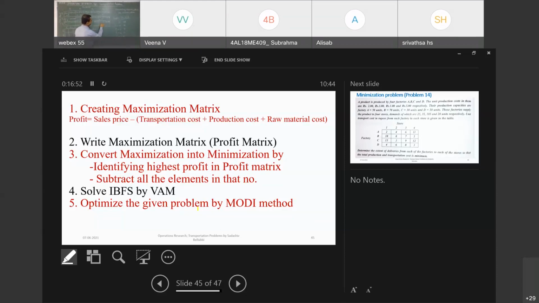It is 2. This one is minus 1. Okay, after that, you need to write the maximization matrix, whatever answers you got, just write them here. 6, minus 2, 3, and 8; 6, minus 2, 2, 5; 1, minus 4, 2, and minus 1. This is the matrix. Okay, any change in those numbers?